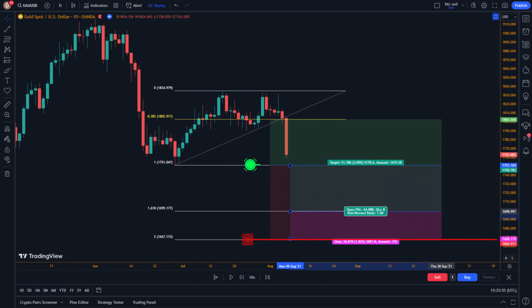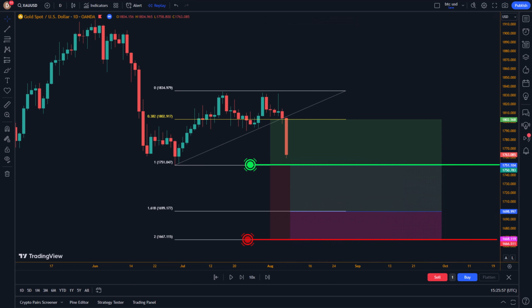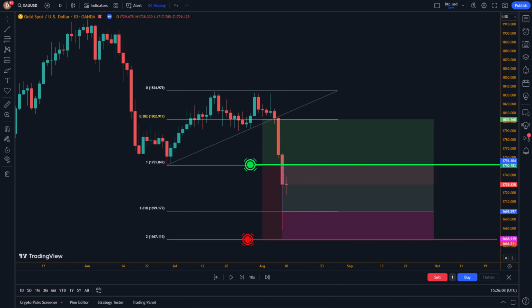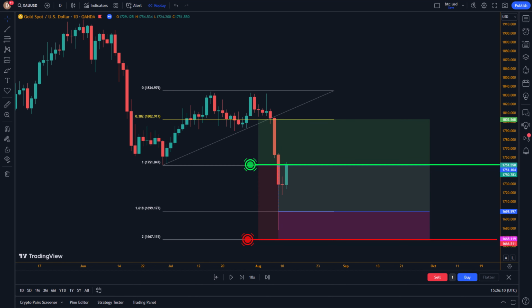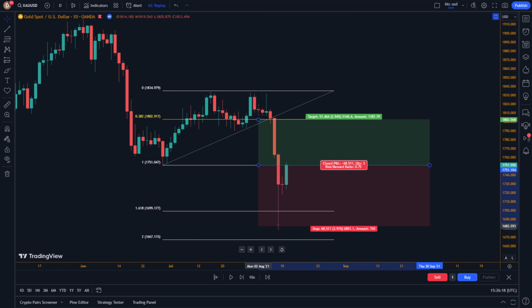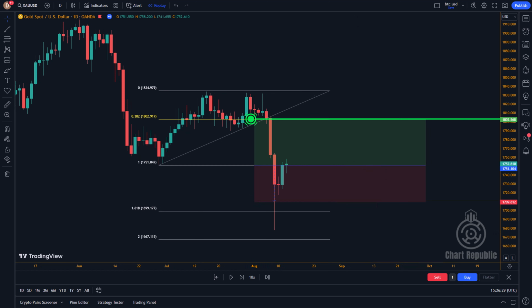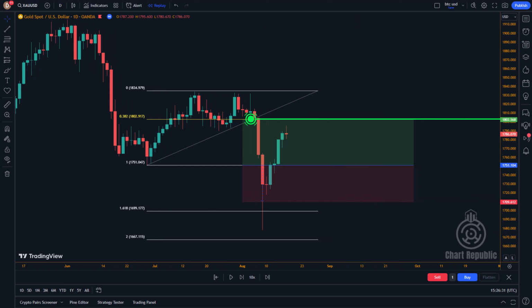Now consider choosing the entry point of the first half of your trade as the take profit for the second half. If the price retraces back to this level and your second trade becomes profitable, adjust the stop loss of your first trade to the break-even point of both trades or below a minor swing. Finally, wait for the price to reach the take profit target for the first half of your trade.